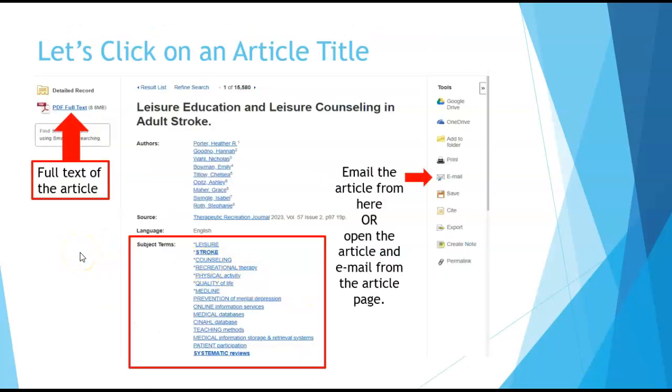This next page, if you click on an article title, this is what you're going to see. Here's your title. Here are the individual subject terms that go along with this particular title, and underneath that is going to be a summary for this particular article as well. I didn't include that paragraph. I did want to show that you can access the full text of the article from this page as well,